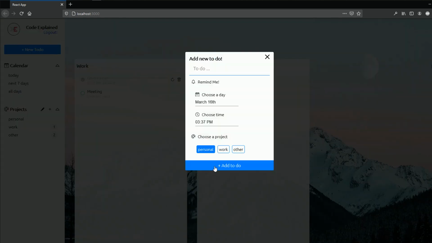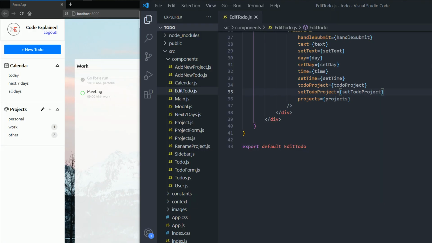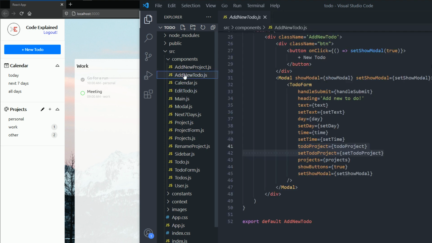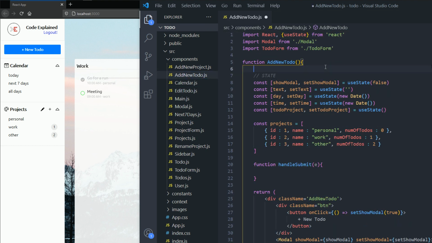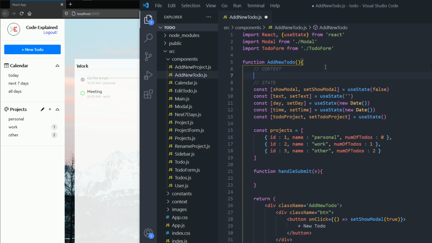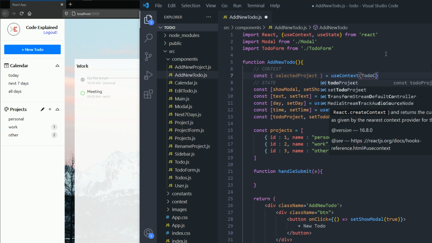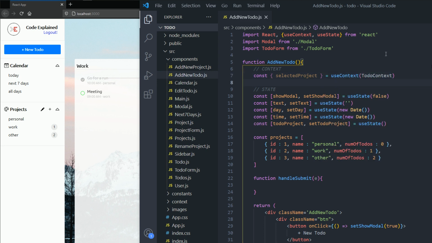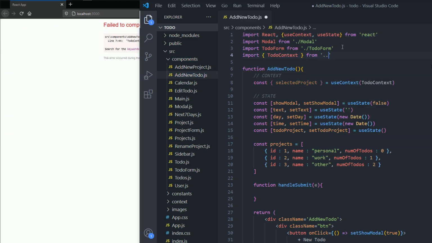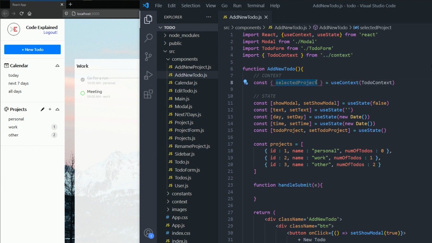Now if I select work and go to my add new to-do, you can see that it's not selected. Because we need to go and get our selected project using the context hook. So we need to bring in useContext and then pass in the TodoContext. We need to import that too from our folder called context. Now we need to pass in the selected project to my useState. If I do that,